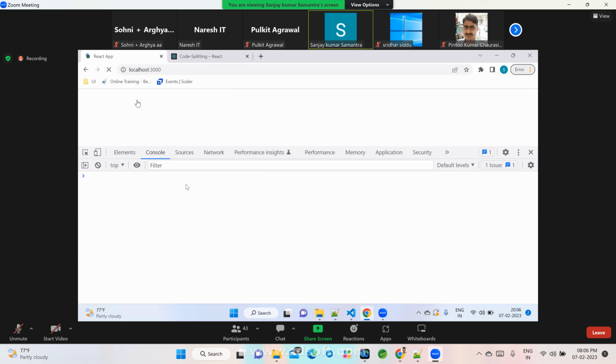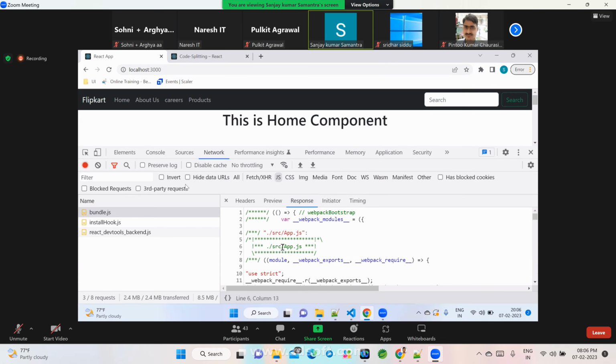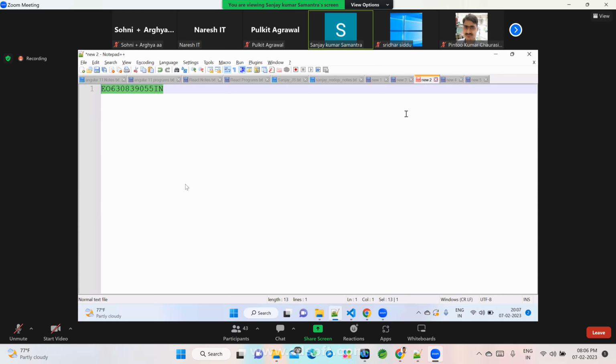So this time, whatever bundle gets loaded, let's see what is the size. The size of the bundle is 1.4 MB. This is how the bundle looks like. If I go and paste the bundle here,